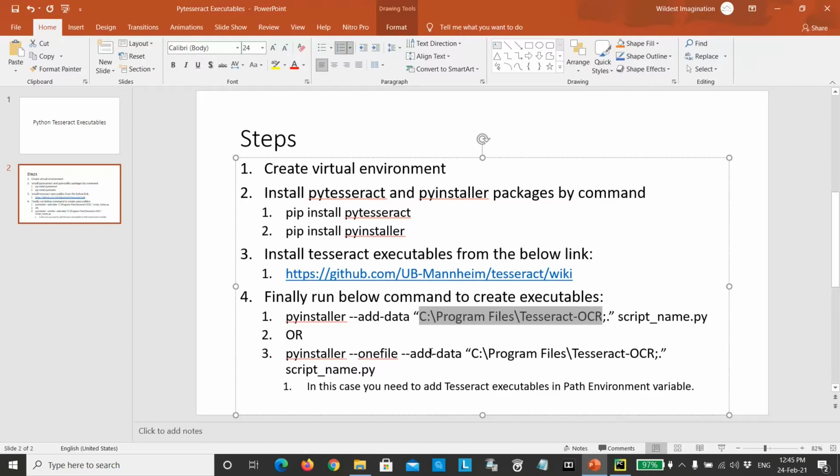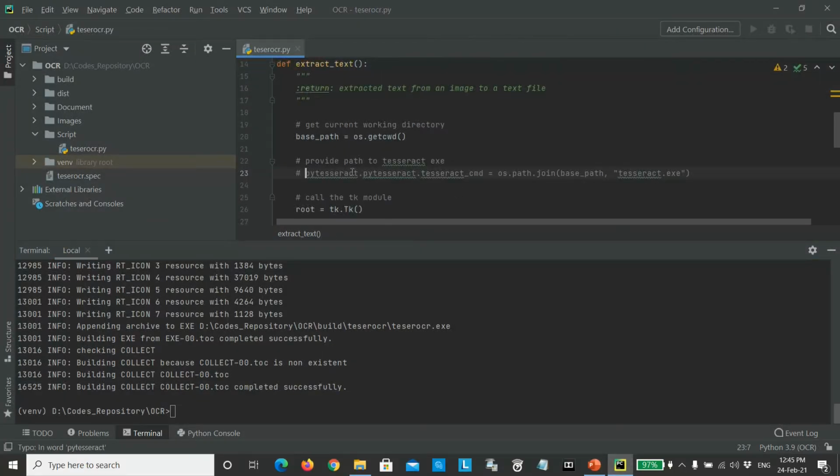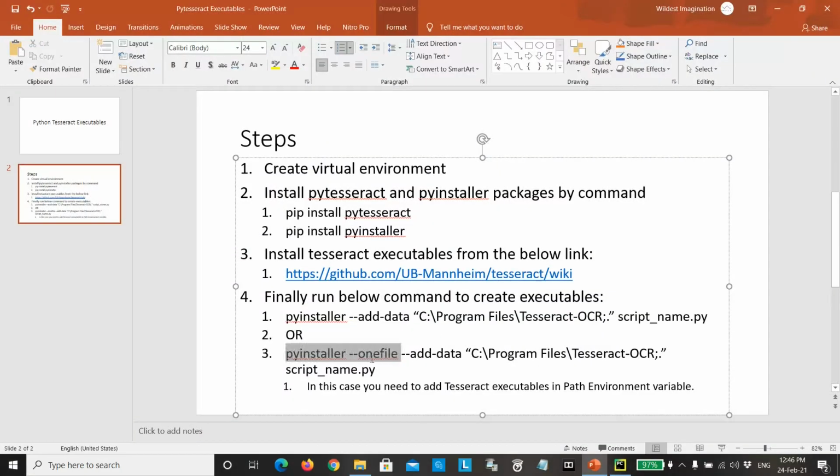But the only drawback in this case is that we need to do two things. First, I need to comment out this particular command which redirects the script to the tesseract executable. Then I need to run this pyinstaller command.